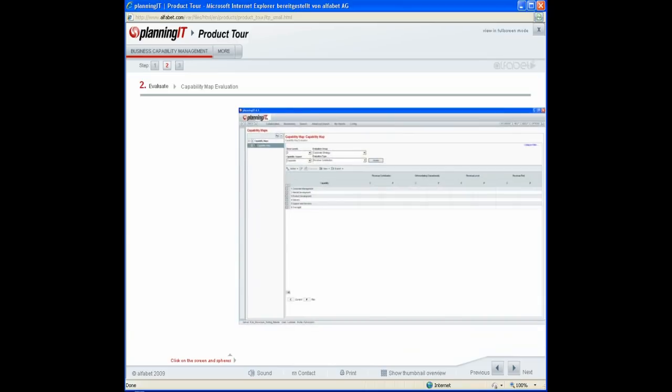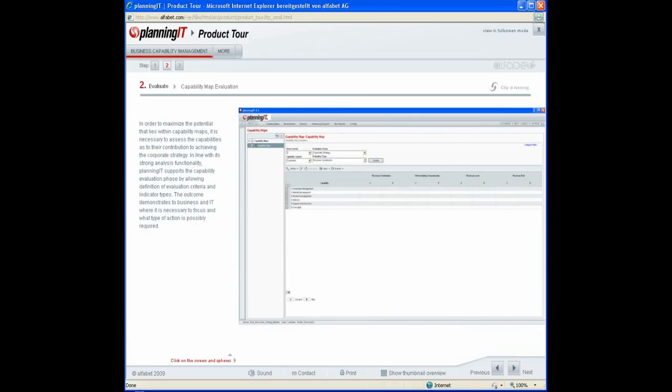Capability Map Evaluation. In order to maximize the potential that lies within capability maps, it is necessary to assess the capabilities as to their contribution to achieving the corporate strategy. In line with its strong analysis functionality, planningIT supports the capability evaluation phase by allowing definition of evaluation criteria and indicator types. The outcome demonstrates to business and IT where it is necessary to focus and what type of action